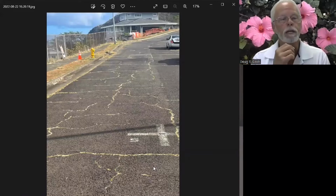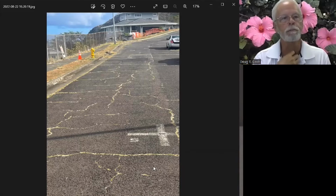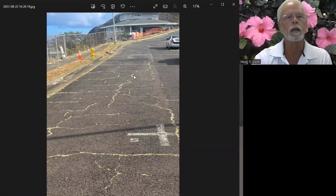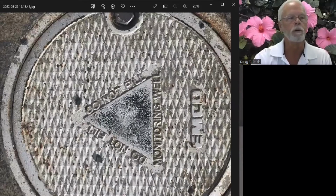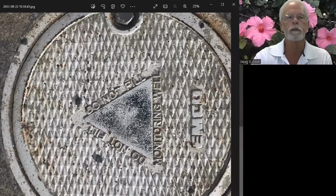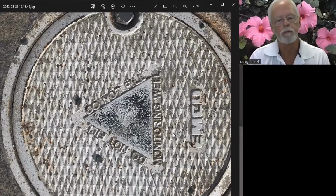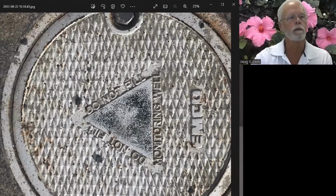Well, have you ever seen a pattern like this in a roadway? Well, that's because this roadway is still creeping, still moving. So these are some signs you might look for. What else? Well, this is in the street. I'll show you some more pictures, but this is a monitoring well, and maybe it goes down 20, 30 feet, and they see if the soil touches, let's just call it a stick, and see if it's moving. If it's moving down at the bottom, in the middle, or the top, and they can see how the soil is moving